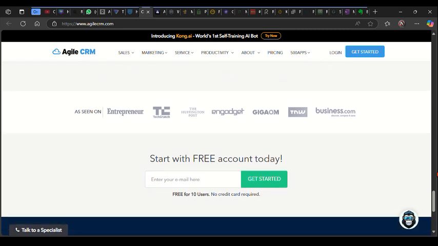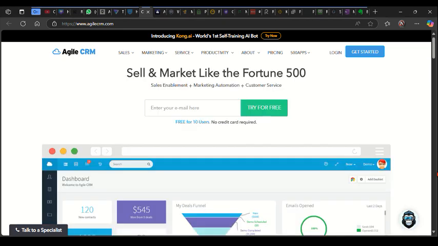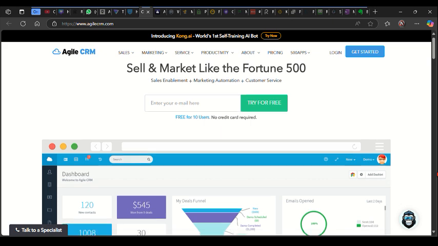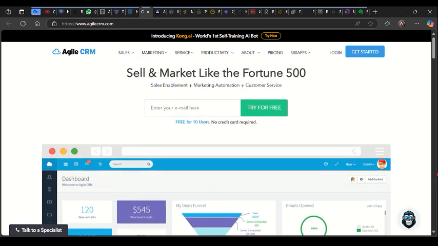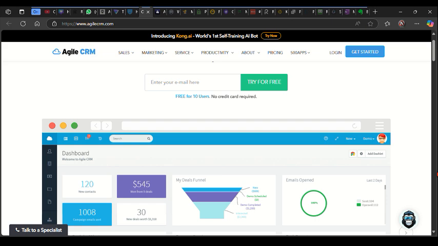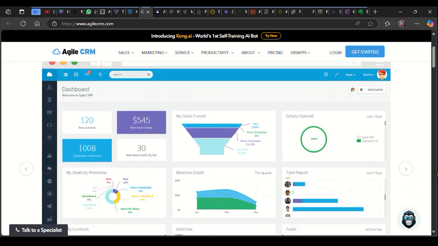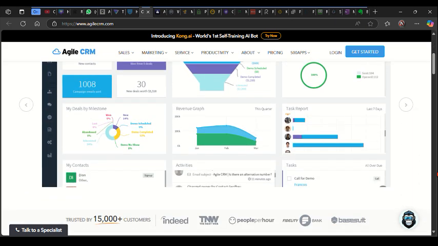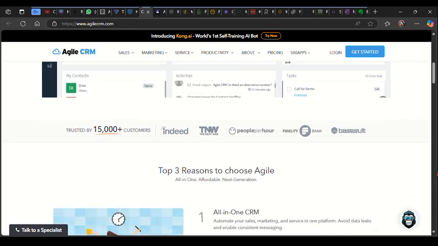Now, talking about the good features of this platform, Agile CRM has a lot of cool features that make it stand out from the crowd. These tools can help your business grow by keeping your customers happy and organized. So let's look at some of the best features of this platform. One of the best features that make it stand out is the contact features, together with the company features and the deal features, together with the online calendar features and the report features,